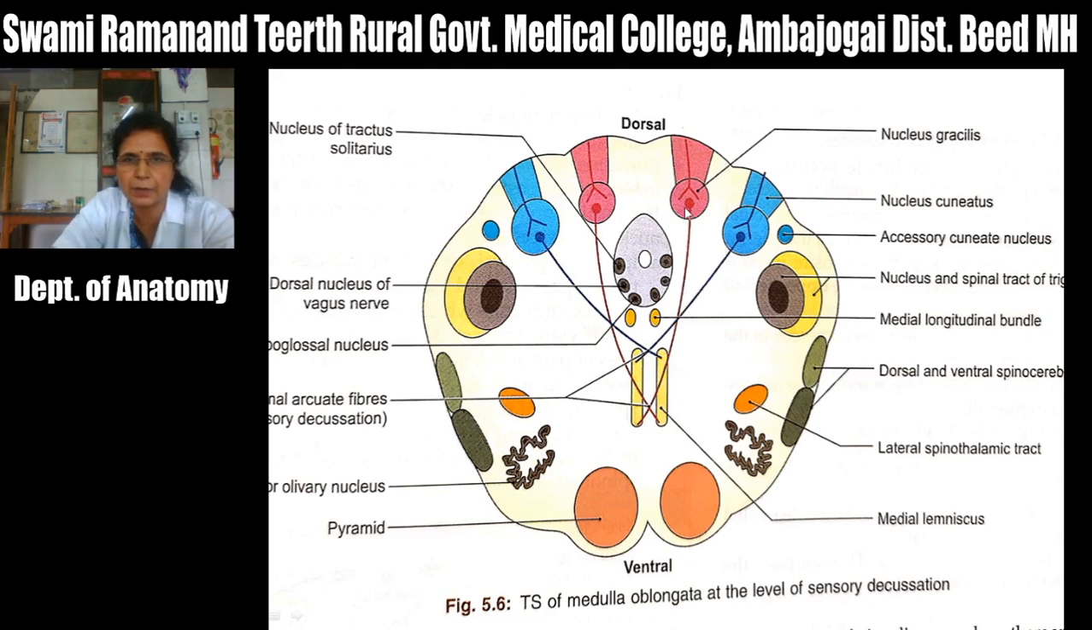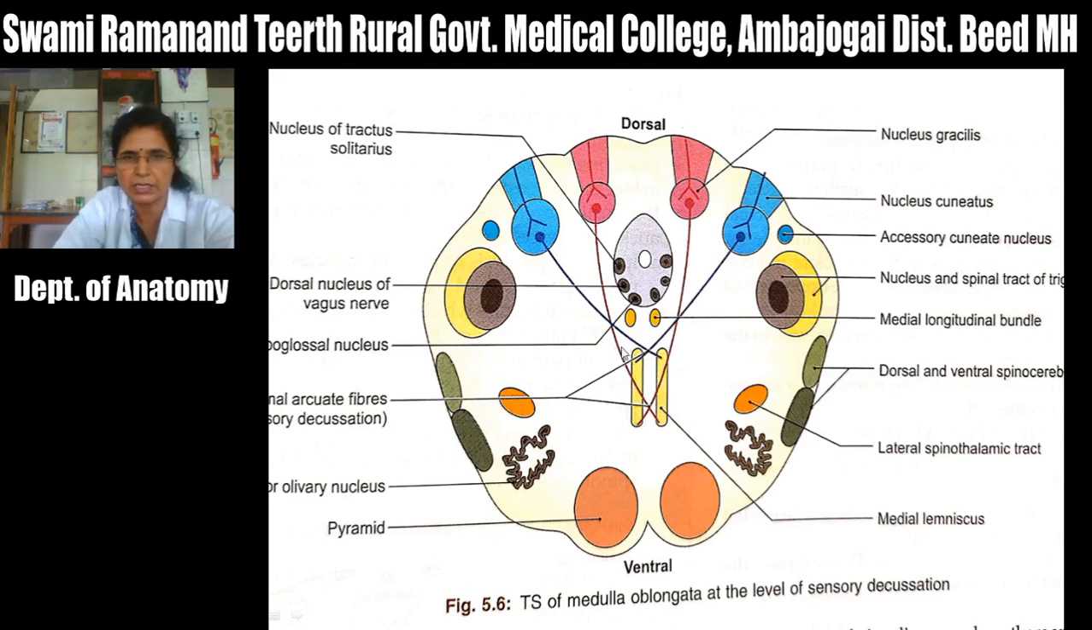The efferents arising from these fibers are called internal arcuate fibers, and these internal arcuate fibers run ventrally and medially, and they cross to the opposite side in front of this central canal and go to the opposite side as the medial lemniscus. That crossing, that decussation, which is formed by the crossing of internal arcuate fibers, which are the efferents of nucleus gracilis and nucleus cuneatus, is called the great sensory decussation. After crossing, these internal arcuate fibers ascend upward as the medial lemniscus, which carries the